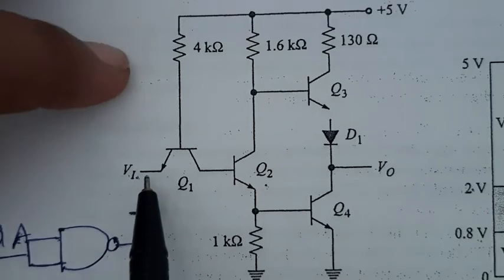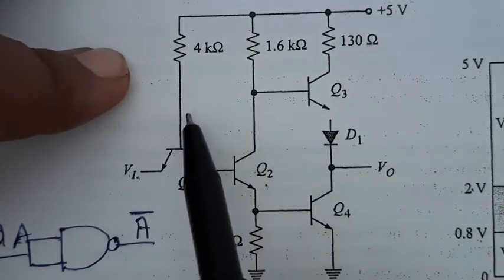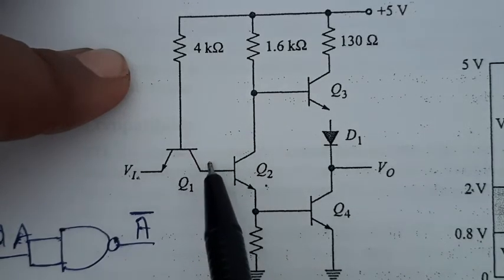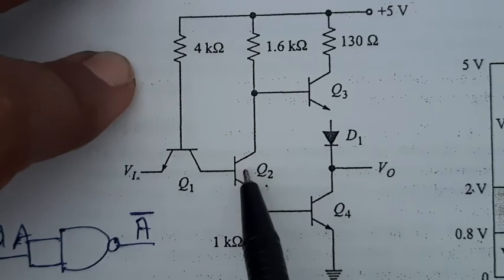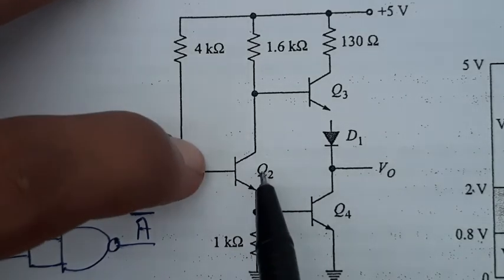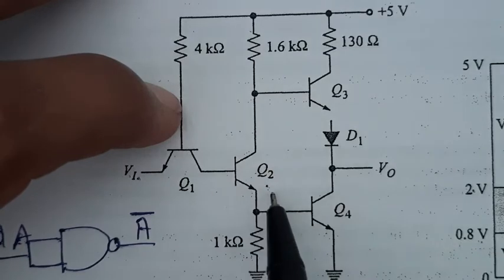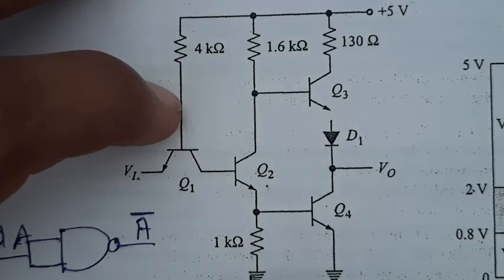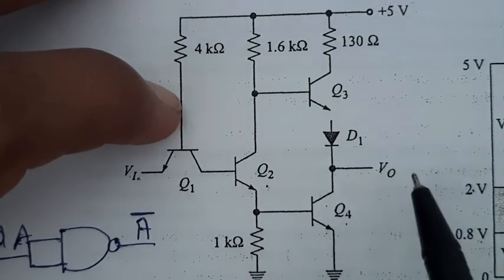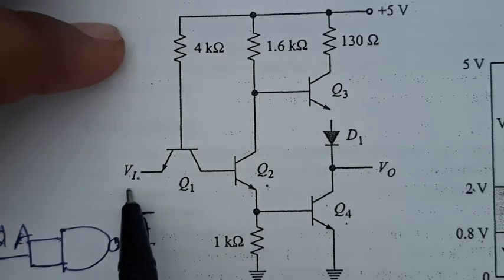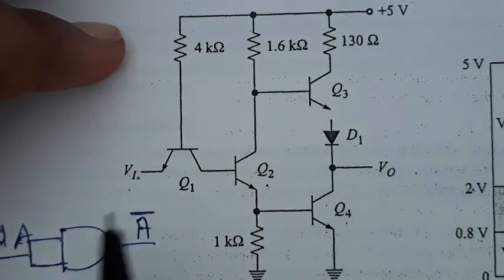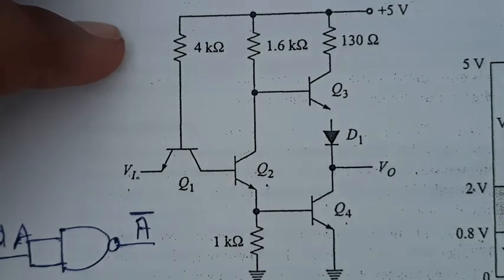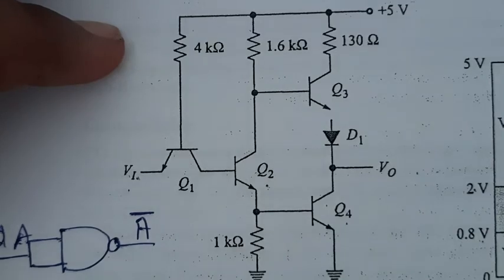If the input is high, then the base current for Q1 cannot flow towards the emitter. It has to flow towards the collector of transistor Q1, that is the base of transistor Q2, which will make transistor Q2 on. This will provide sufficient current to make transistor Q4 on, and the base of transistor Q3 will be pulled down. As a result, Q4 will be on and the output will be low. That means for a high input the output is low, and for a low input the output is high, and this circuit is nothing but the circuit of a TTL inverter.